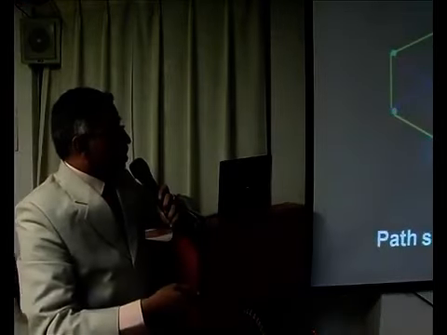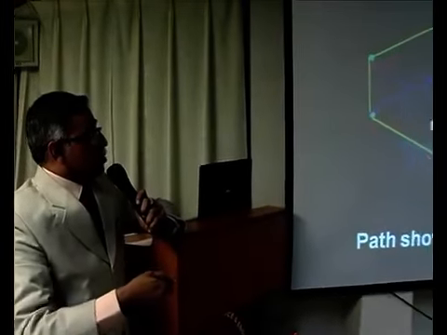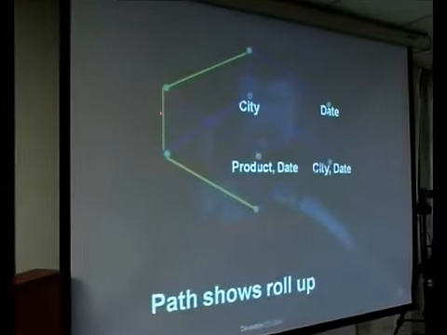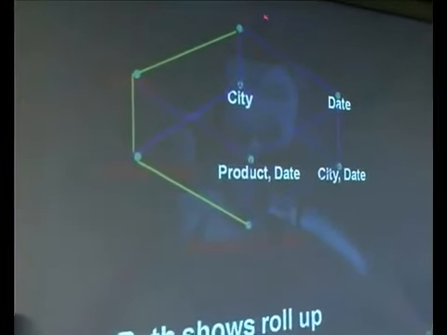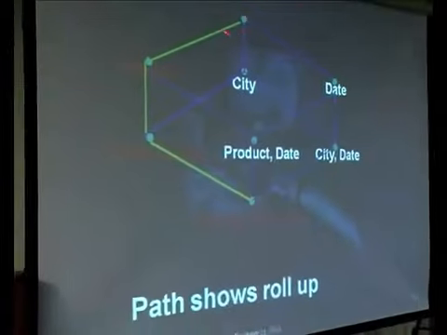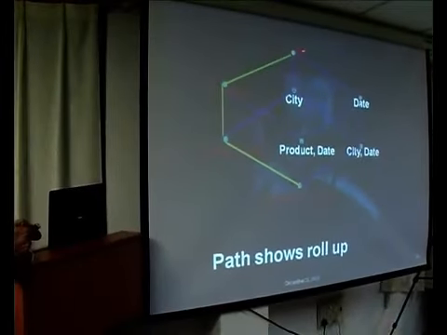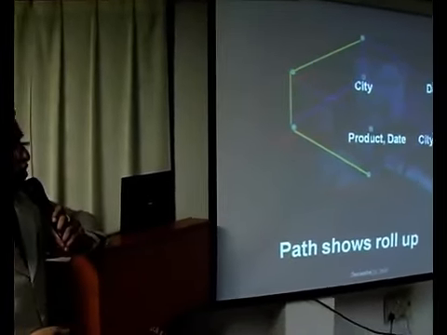You are moving from, the path shows roll up. You are moving from low level concept to highest level concept. Highest level concept is grand sales or total average. That is the highest combination. In a similar way,